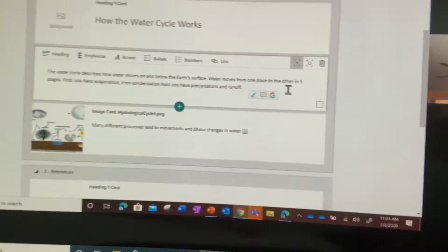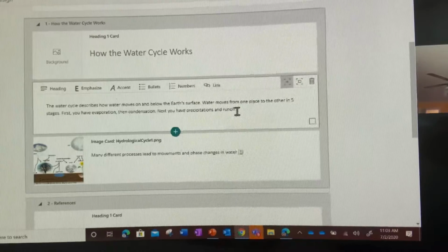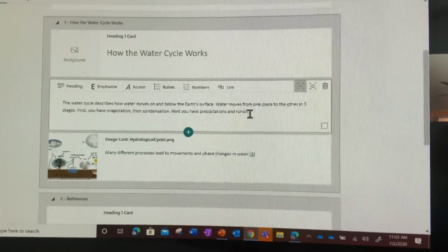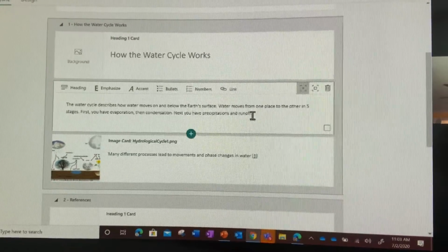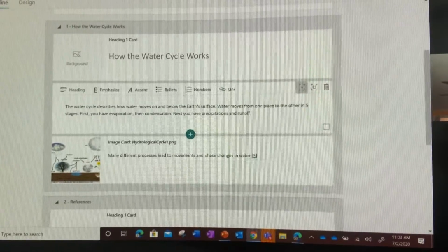Now that's just a quick summary. This is just something really quick that if I was a student I might type. And you could always, if you're using a rubric, which I think you should, you probably want to add more criterion that says maybe they need 3 or 4 sentences, okay? So now I can actually click play,